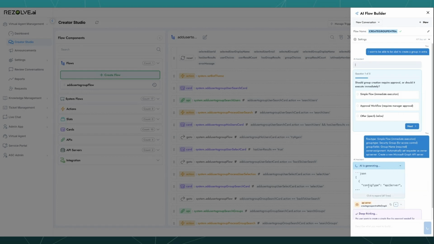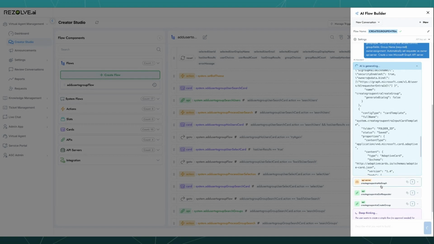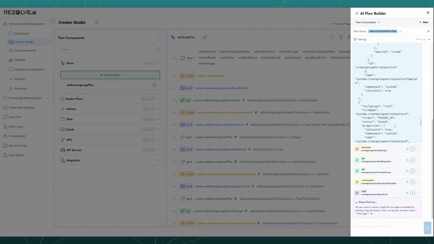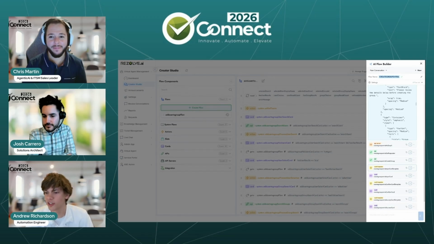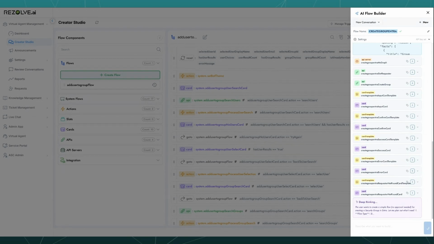All right, perfect. Now you can see in here, if you click to expand, this is all the code that the AI is generating. But here, if you've already used Creator Studio and are friendly with how the user interface works and what our different components are, you can see it streaming back API servers, APIs, as it generates them and puts it in the output box here. And a little bit after the AI finishes generating, you're going to see the workflow pop up on the left-hand side so you can inspect what the AI built and make changes or corrections, or go ahead and save it if it did it correctly in one shot. Or if you want to make a change, you can make the change in the same conversation. It's as easy as that.